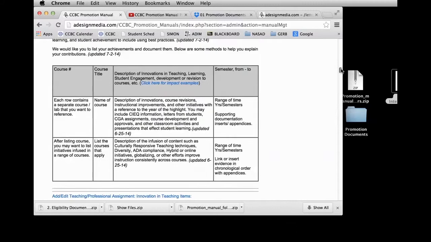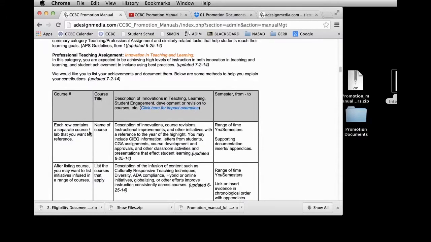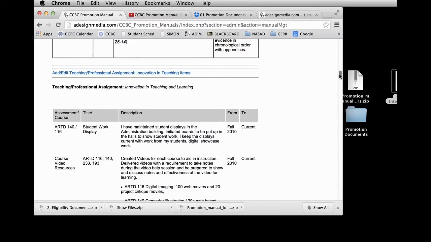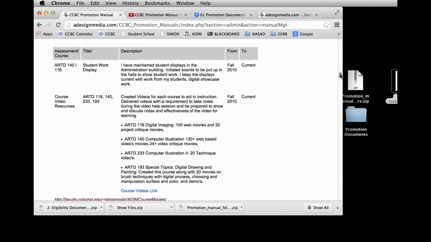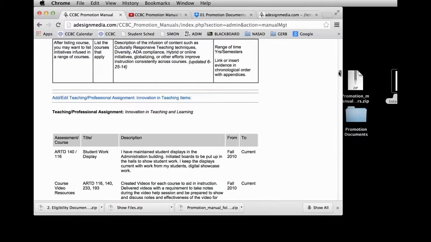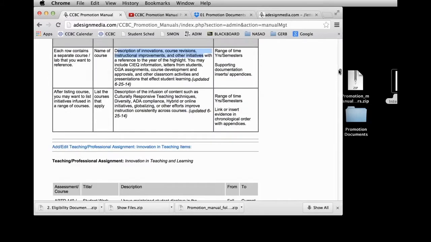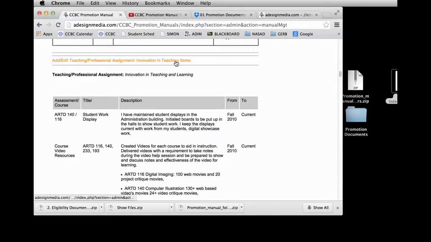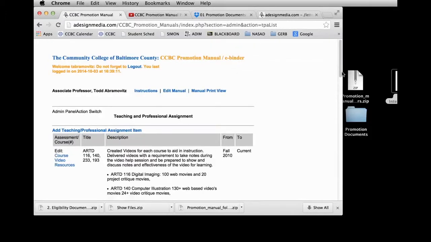In that first part, right after you get there, you can actually see where it says course title, and these are some descriptions of innovations in course learning. So, you can take a look and see what kind of things you want to do in there. When you're ready to add something, as you can see, there's some different ways you can add it. What you'll notice here is in my manual, I've already got some things added. I've got student work display, I've got video course resources, and this is for innovation in teaching items, teaching and learning. So I'm going to go ahead and click on add an item or go to the section where I